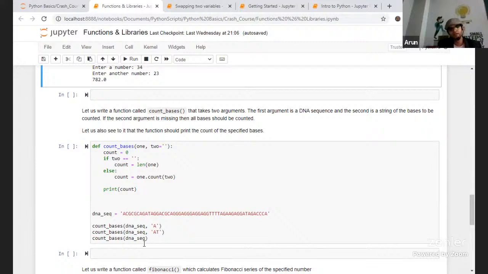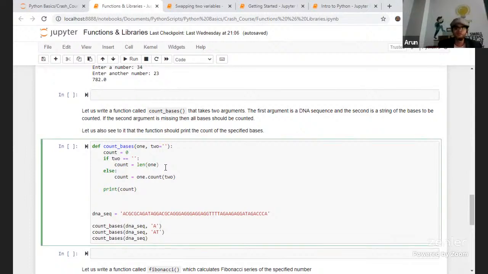If 2 is blank, it means nothing is passed and only 1 is passed, then you take that 1 and print it out. If 2 is blank, then count equals length. So that means the length of one of them will be the count.